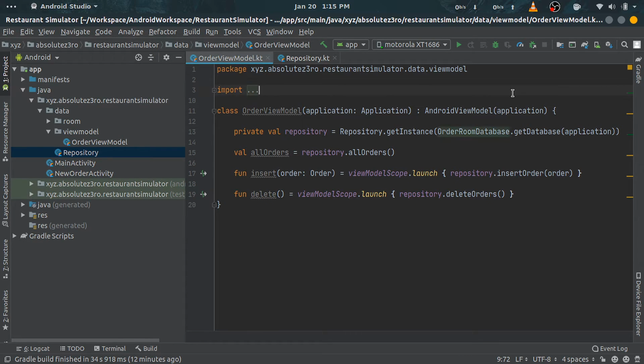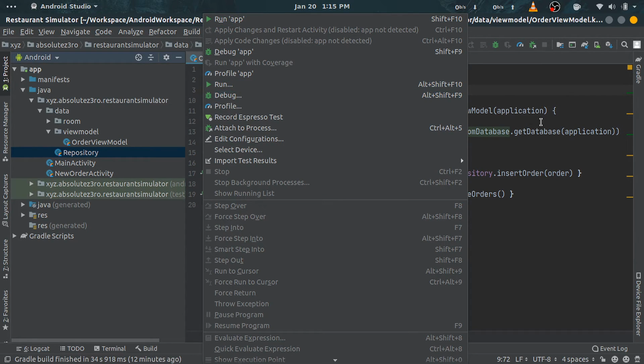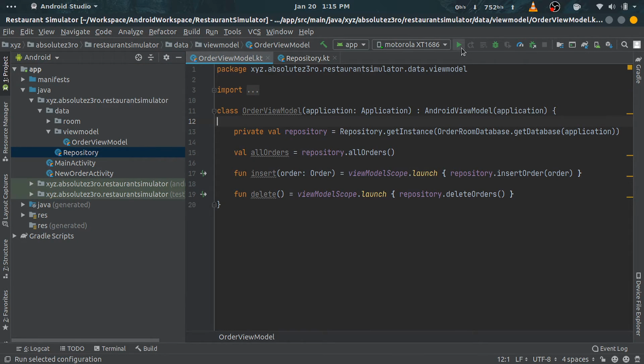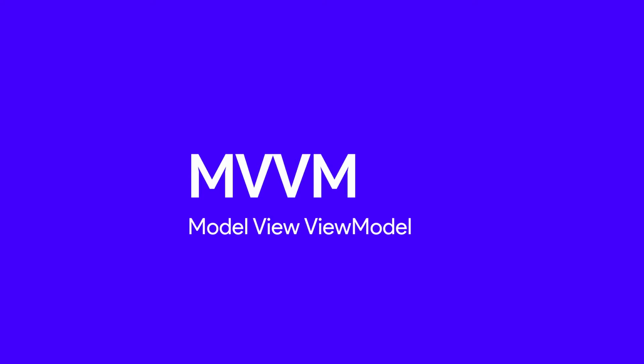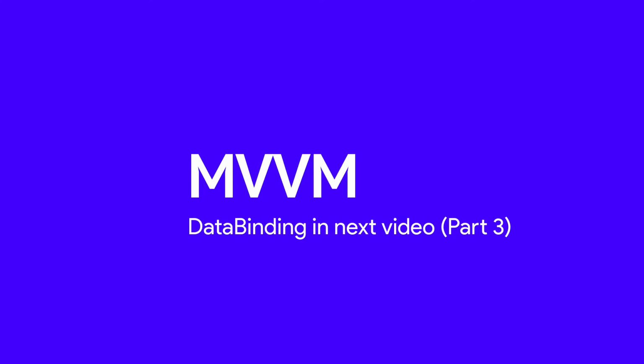Now go on, compile and run the application. If everything is done right, then the app will compile without any errors. But you won't see any changes in your app yet, as we have to connect the views to the ViewModel. So that's it for this small video. In the next video we will connect the pieces and make an application which is actually based on MVVM architecture. We will learn to set up our RecyclerView with data binding, so stick together.